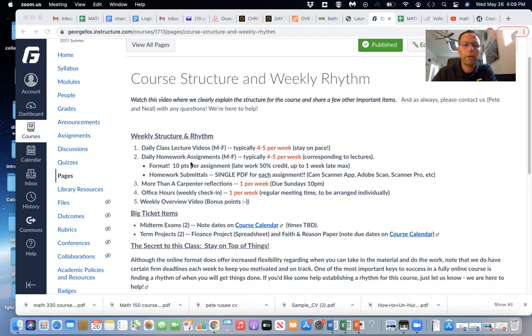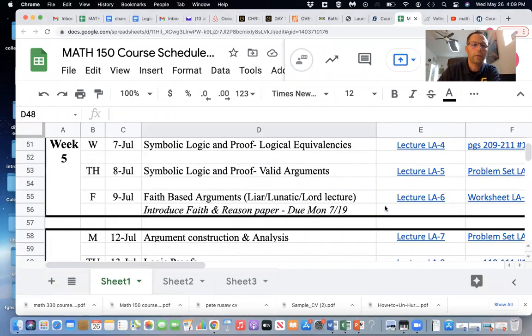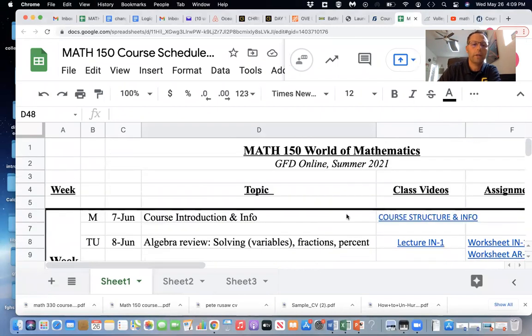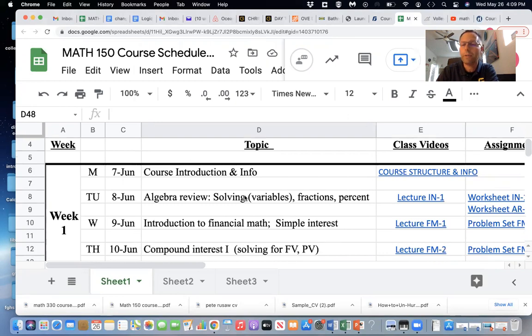If you click on our course calendar, which you can see the link down here, you'll see a spreadsheet that's got links in it as well. We've got topics and we've got dates. I think everything is really well laid out and organized so you can know exactly what to do and when to do it. So that's going to be good news for you.